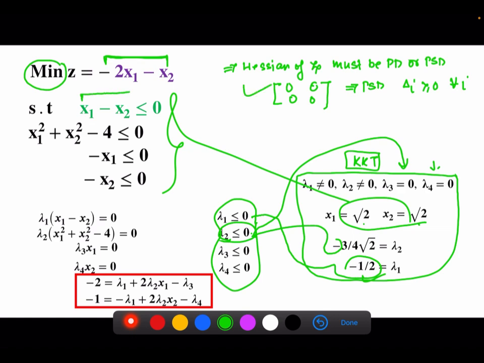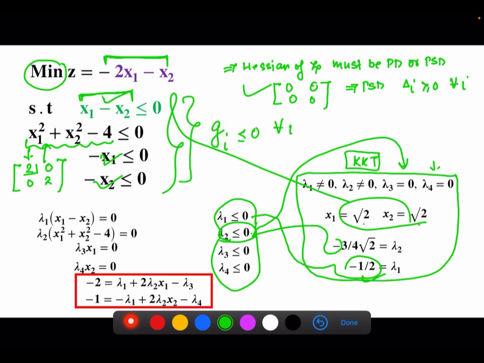Now this is a linear constraint. This is convex. This function is convex because what is the Hessian of this function? 2, 0, 0, 2. D1 is positive. D2 is 4, that is positive, so this function is strictly convex. This is a linear constraint, convex. This is a linear constraint, this is also convex. So all the inequalities, all your constraints, g_i less than equal to 0 for all constraints, are convex, and the Hessian of your objective is also positive semi-definite. This implies this point is not only a feasible point, this is in fact a global optima, and that too